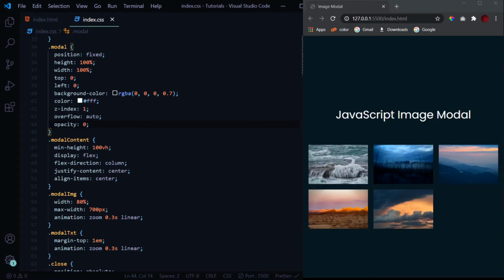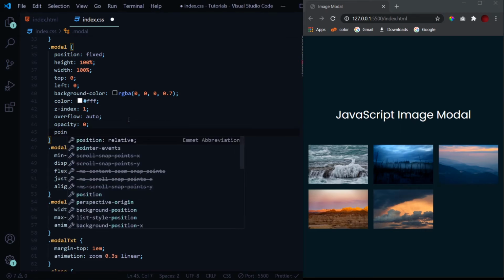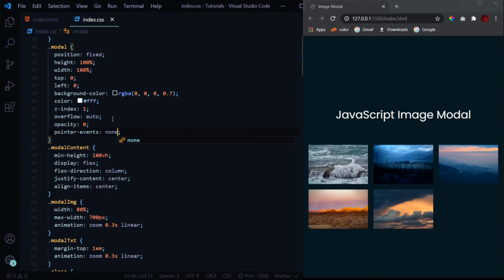Yeah, so the modal is not visible now, but still if you come over here, then we get this text cursor. This is because the span is still over here. So for curing that problem, we need to give it a pointer events of none. So keep this in mind. Whenever you hide something, you also should give it a pointer events of none, because if you don't, it will still be kind of active. It will not be visible, but its functionality will be there. So don't forget to give this. So now when I come over here, we don't get the text cursor.